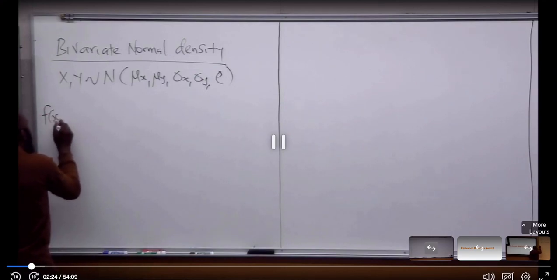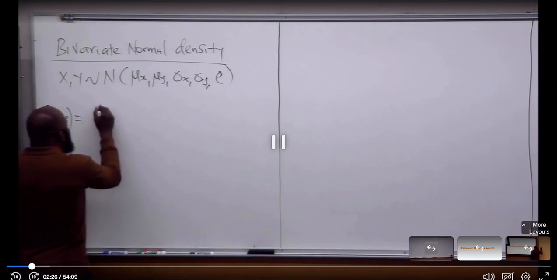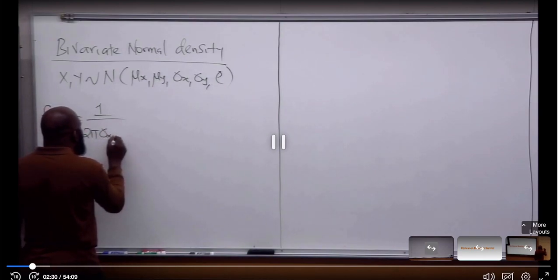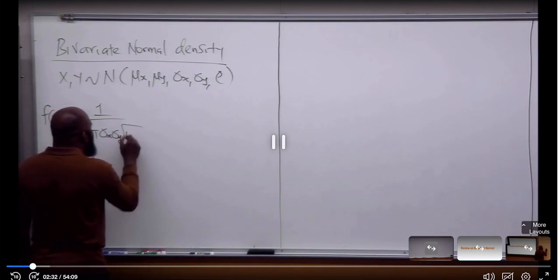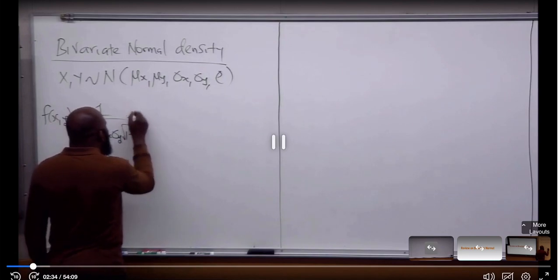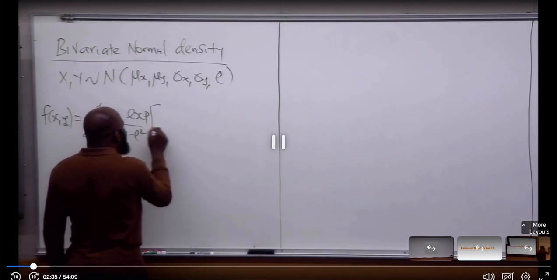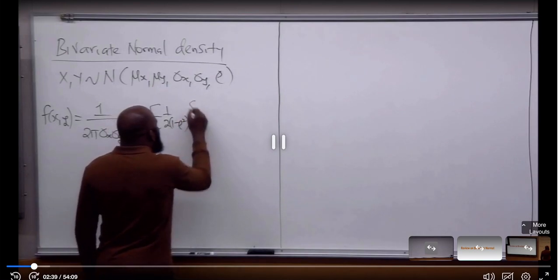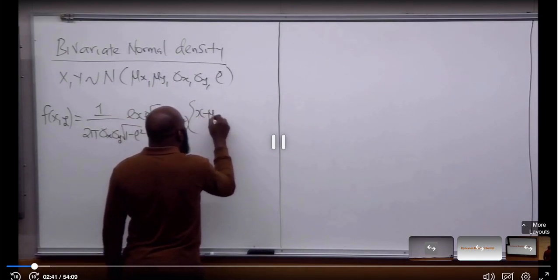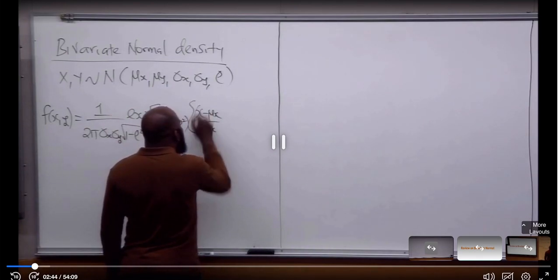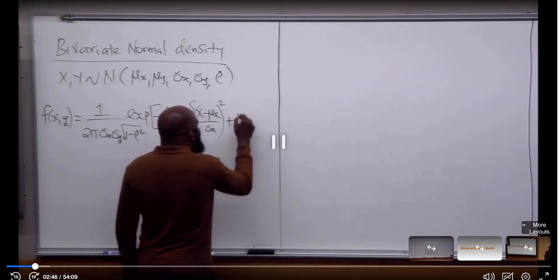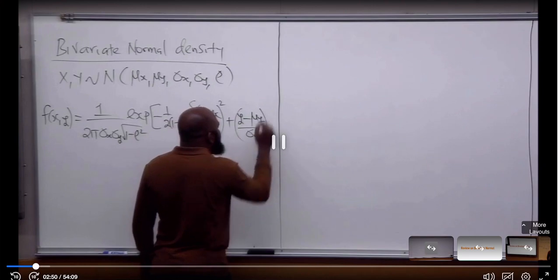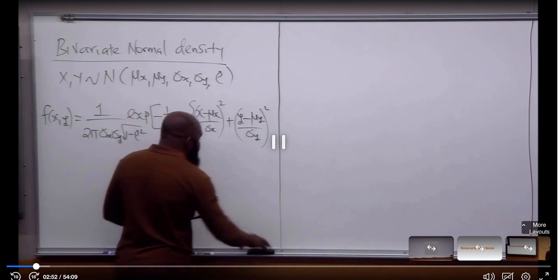Of course, f of x,y is 1 over 2 pi sigma x sigma y square root of 1 minus rho squared, times exp of negative 1 over 2(1 minus rho squared) times the quantity (x minus mu x divided by sigma x) squared plus (y minus mu y divided by sigma y) squared,